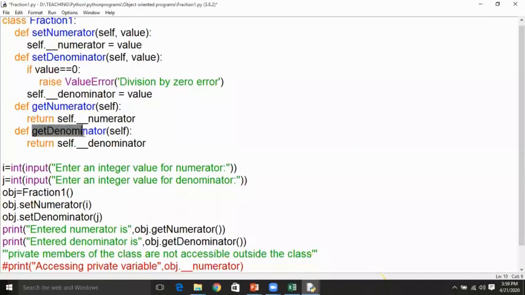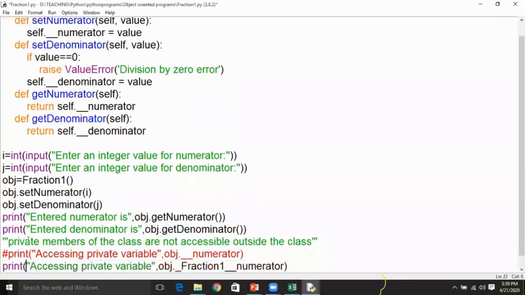So yes, it is defined here, and the default parameter is self. By using that self, this function is going to return the __denominator private variable of the Fraction1 class, which will be returned here and displayed onto the screen.